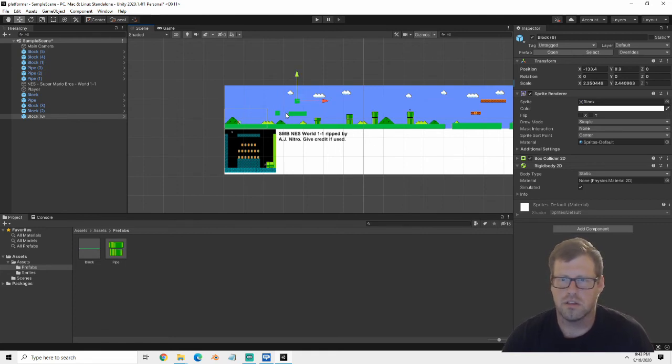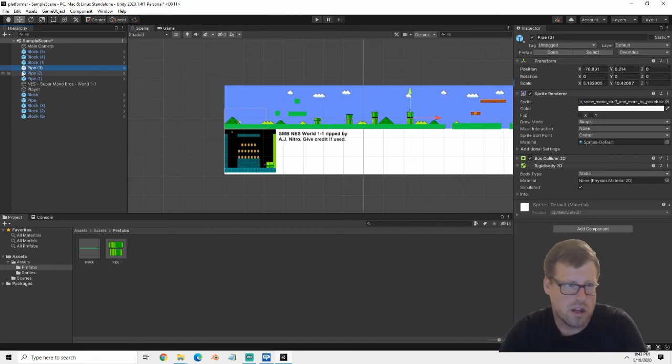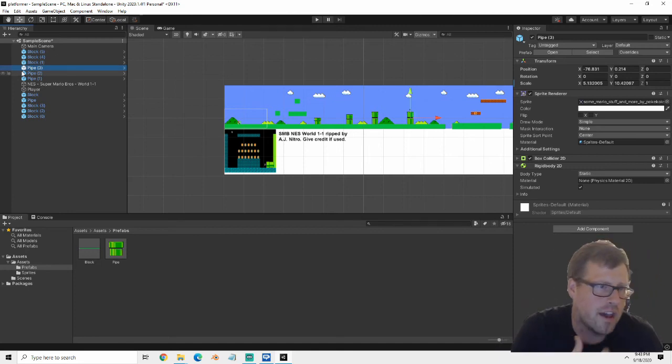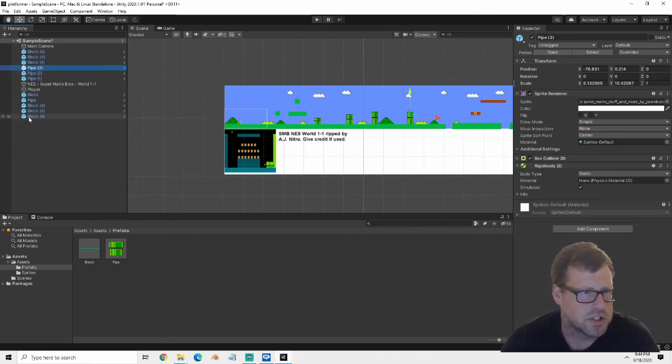We've got some other items in the level. I think, let me make sure there's actually a pipe there. Okay, so we have those pipes there. So now we've got our whole level blocked out. We have these blocks, we've got pipes, but they're all sitting in the same structure, which probably isn't very great,